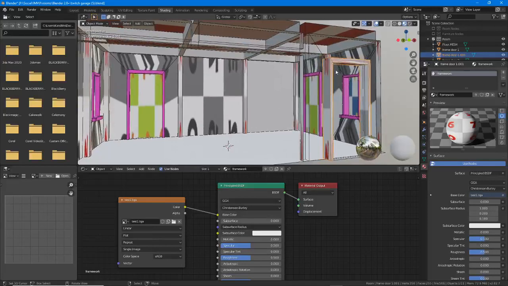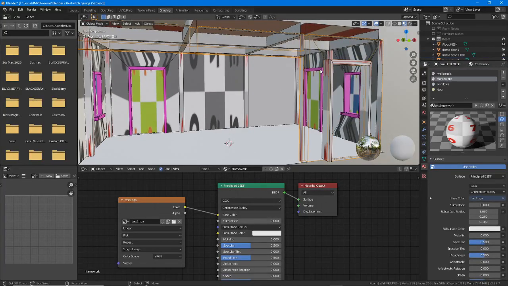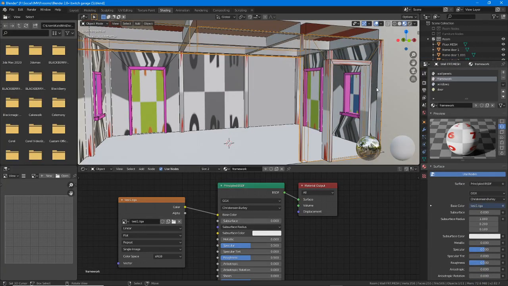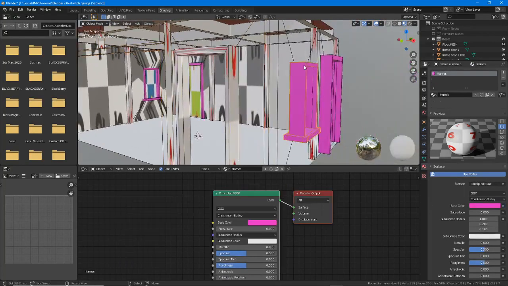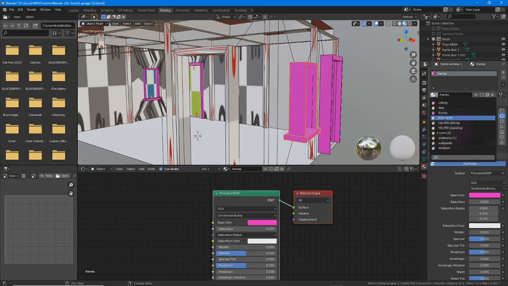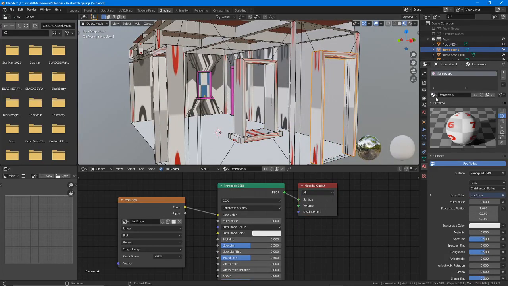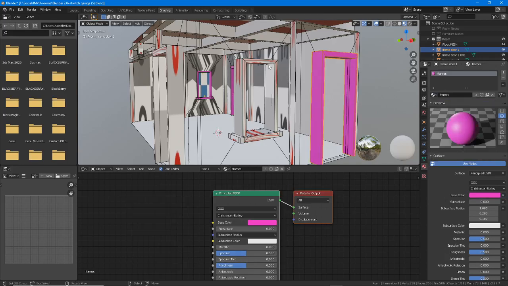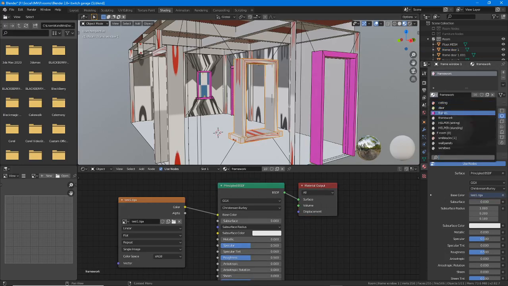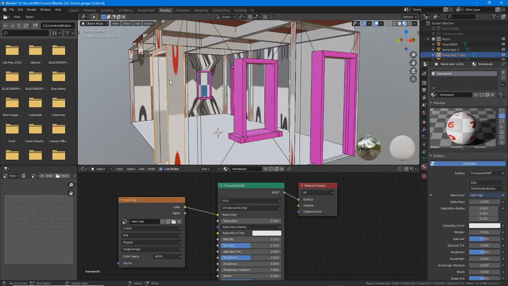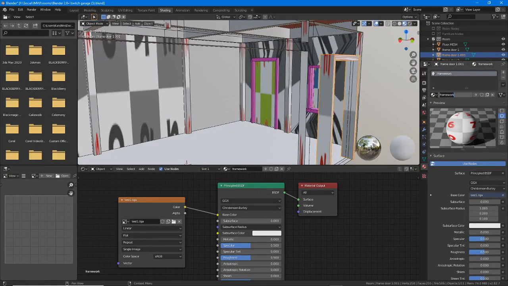And because the doors are all separate objects at the moment, and the window frame that we created, you would have to do the same thing for each one. But as we're going to have these as separate, what we want to do, whoops,